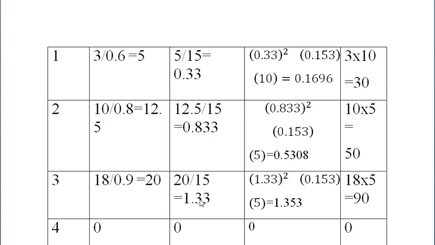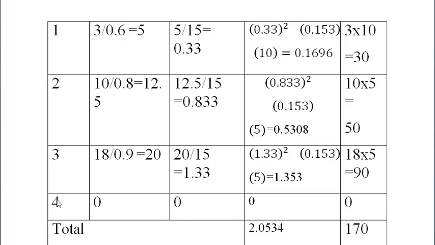So then we get 1.33, and we know copper loss is directly proportional to the square of the current flowing in the conductor. So X square Wc into T, where T is in hours and copper loss is in kilowatts, and this X we already calculated. When we multiply all these things, we get 1.353 kilowatt hours. Then output is given by 18 into 5, which will give you 90 kilowatt hours.